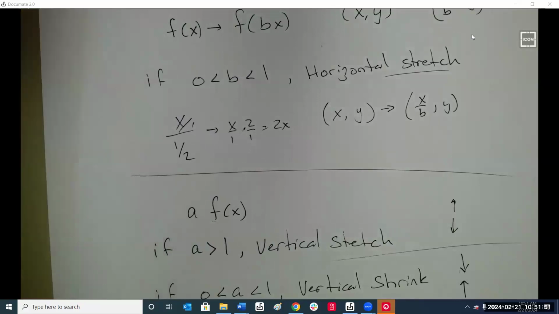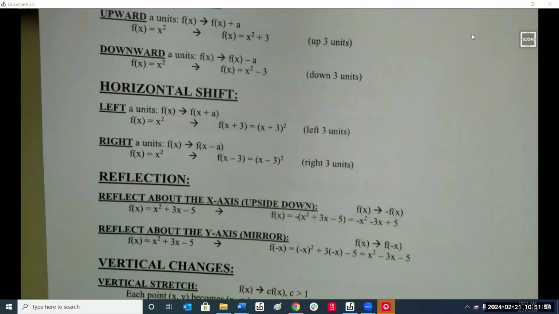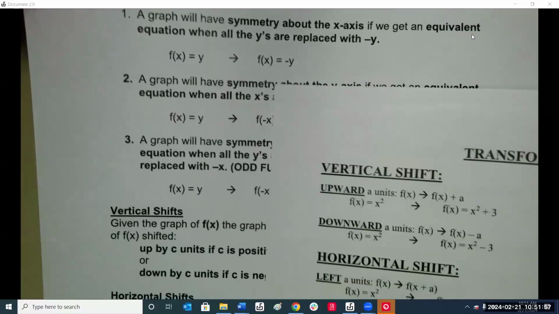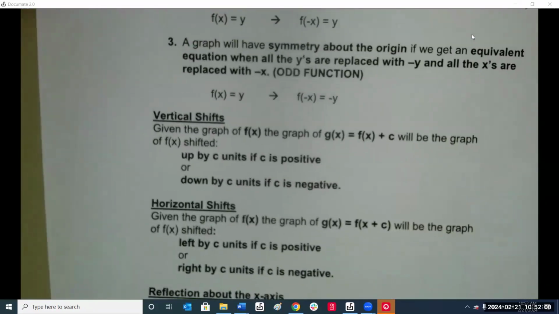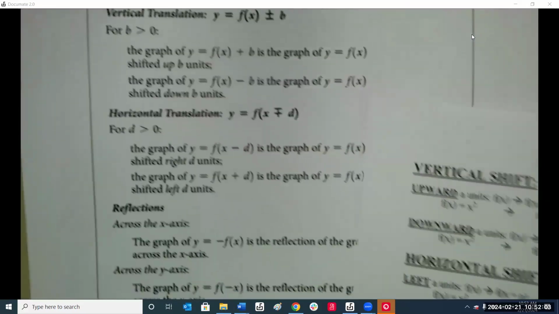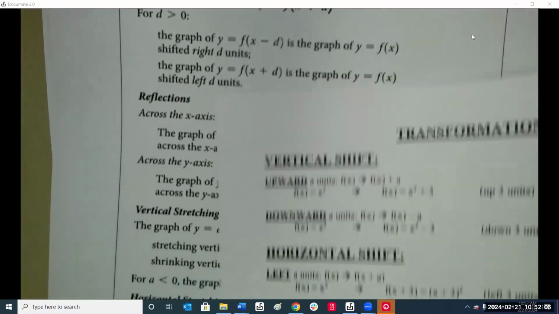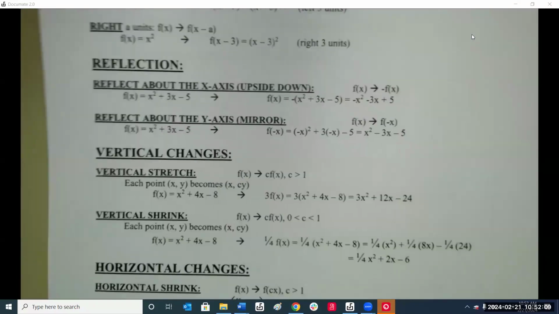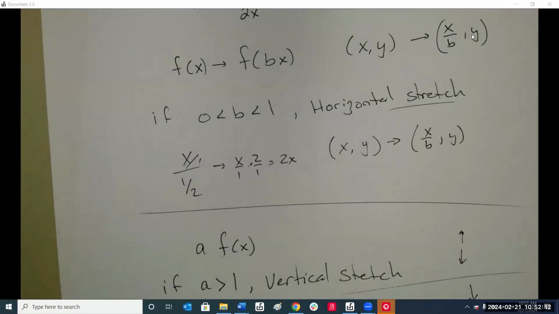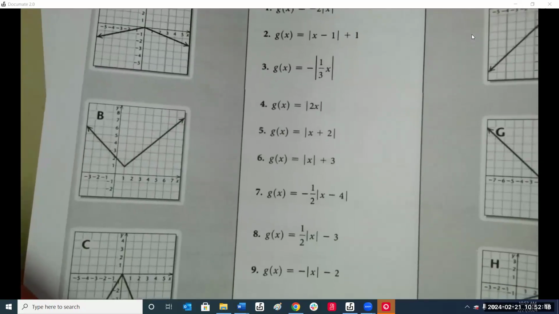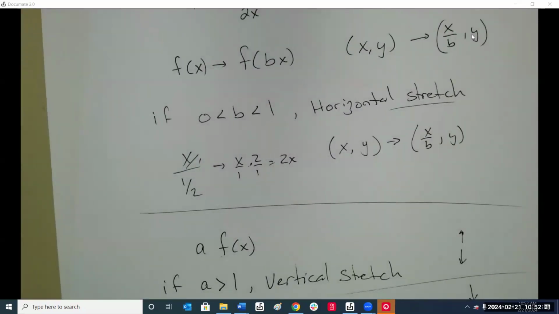So please, over the weekend, do the homework problems. And if you notice here, I gave you a pretty much descriptive, the two symmetries I gave you, that one is pretty straightforward. But the transformation rules, here's by definition what they are, and here are examples I gave along with them. So what I want you to do over the weekend is please do this graph. Please do the graph and just take a picture of it, send it to me via Remind. Today I'll do that as soon as I finish class today. I will scan